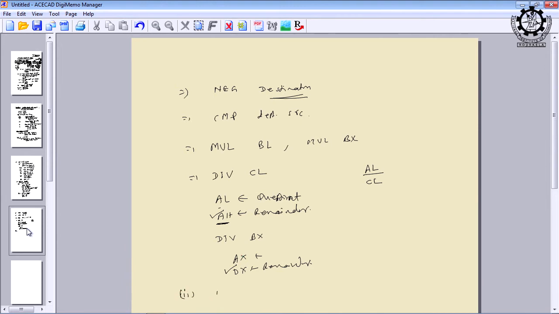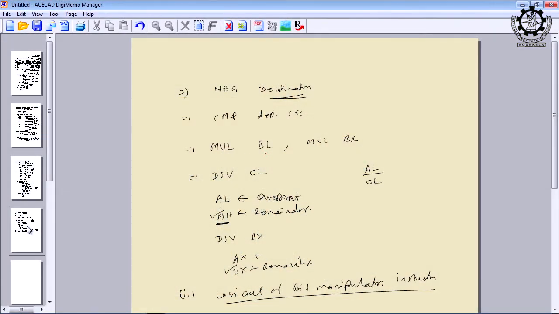And the third category of instruction is logical or bit manipulation instruction. So, initially we saw the data transfer instructions. We can transfer the data from any register to another register, memory location to register, or an 8-bit data we can move to the register. Then we saw the various types of arithmetic instructions. I just gave some representative examples, and there can be a lot of variations, because you can see I am writing multiply BL. I can also write multiply an 8-bit data,